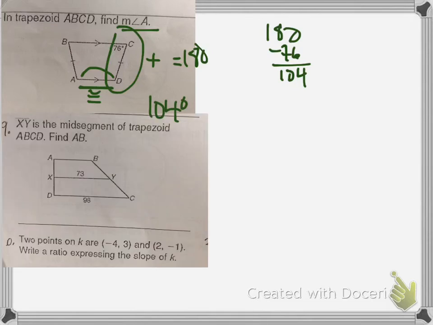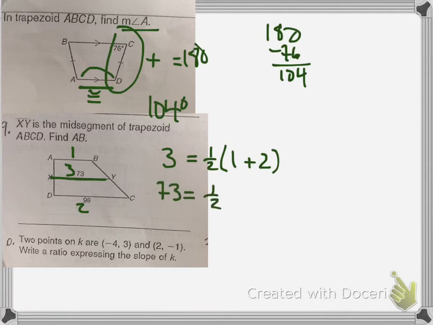Now, there is one thing we had here that said that when we look at these, this middle segment right here is equal to something about that. So we just need this formula, something to add to your formula sheet. Let's say this was segment 1, segment 2, and here's segment 3. Segment 3 is equal to 1/2 the sum of segments 1 and 2. In other words, this 73 is equal to 1/2, and I'll say this is x,